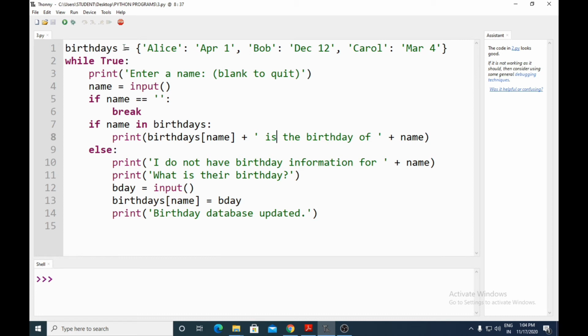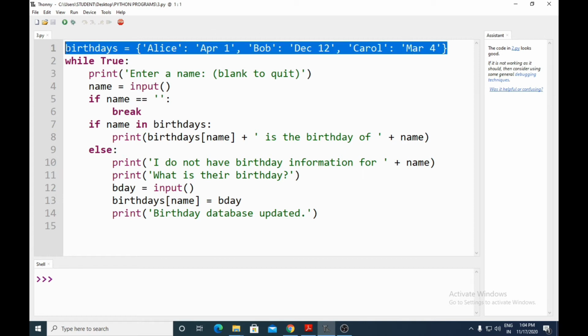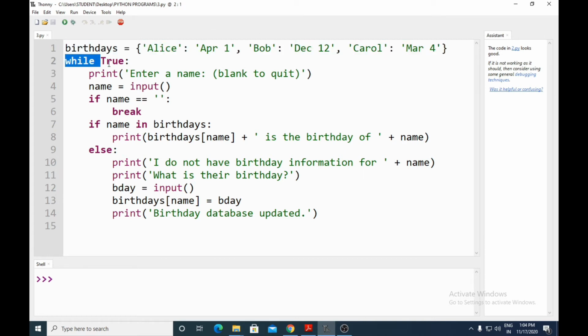So you can see here, birthdays equals Alice, April 1, and so on. This dictionary is there. So while True, print, enter a name, blank if you want to quit. And whatever name you enter, that will be taken by which method?